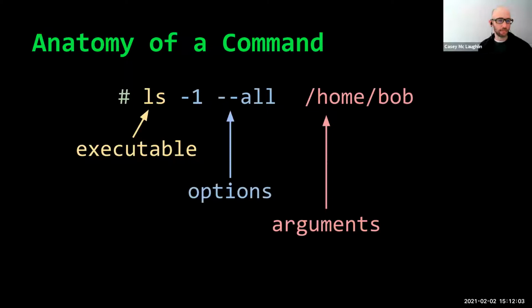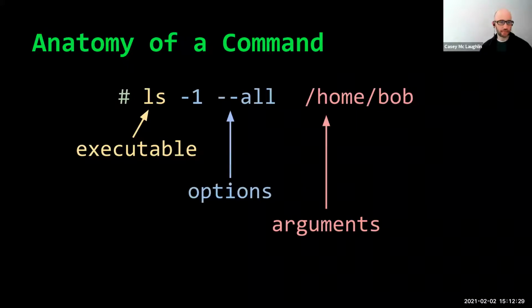Sometimes a command does something just by itself, but other times we'll want to change how a command works and tell it what data to use. So we tell it what data to use in an argument. And so in this example, ls means list the files, I'm sorry, files in the home/fob directory.